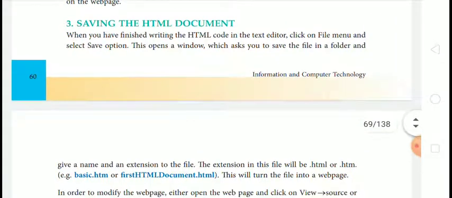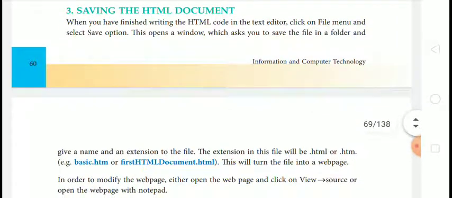Then after, we will see saving the HTML document, means how can we save our HTML document.